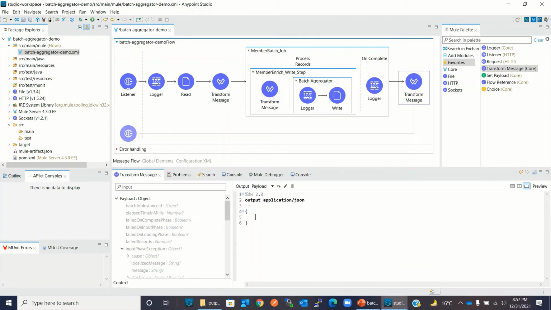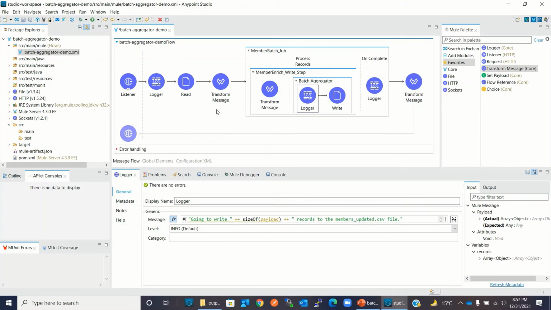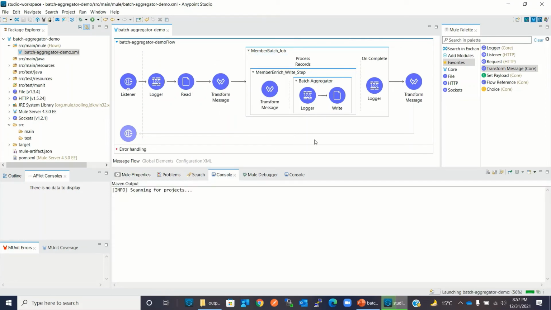And here I will give a simple message: members.csv file successfully processed. Okay, so let me save this and I will run it so it can be deployed.